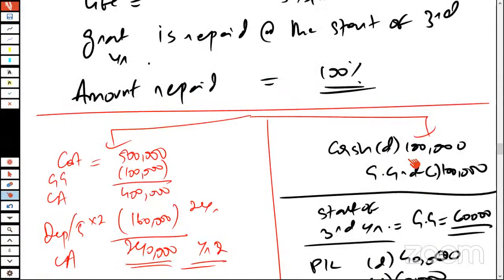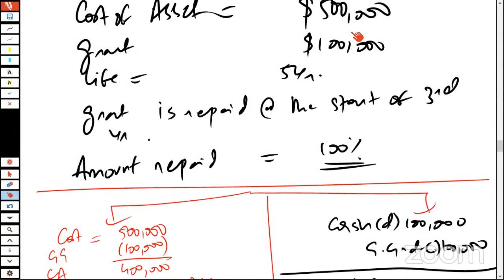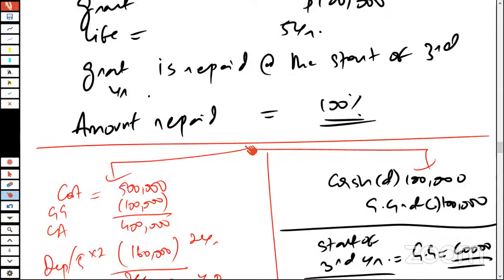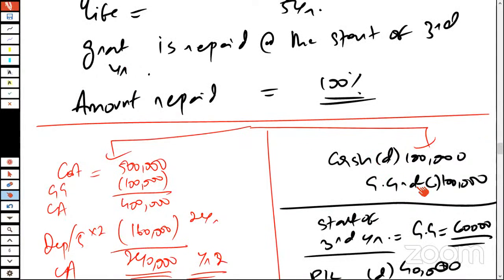Okay. You see, you had an asset of 500,000 and the grant was 100,000. There are two treatments. One is you deduct it from the cost of the asset, and the other treatment is you don't deduct it, but rather you transfer it to the P&L over a period of time. So originally you had booked a liability of 100,000. Over a period of time, this 100,000 liability is going to be gradually transferred to P&L,